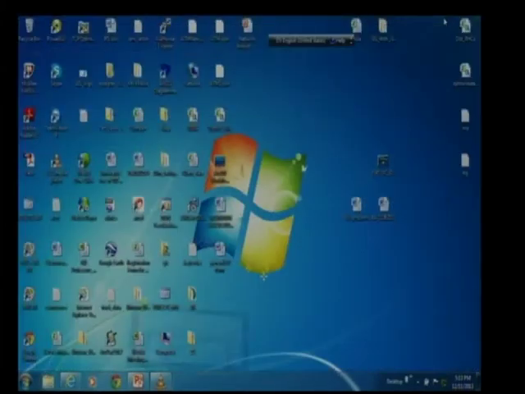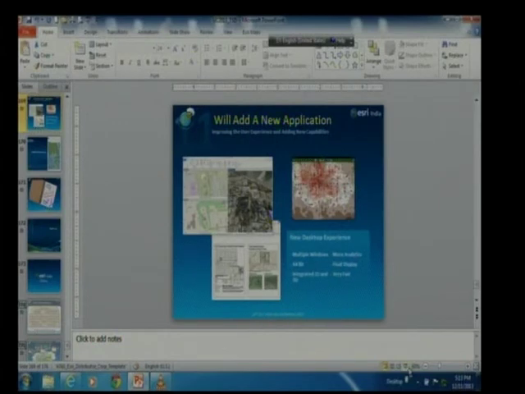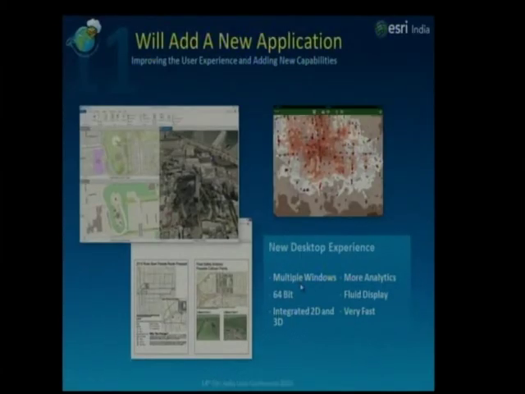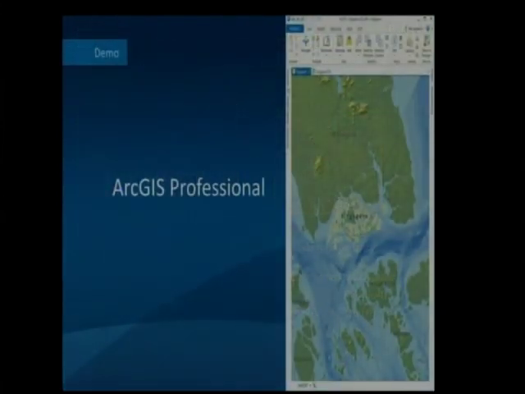That's the part, see what we are coming up with. Isn't that exciting, a 2D and a 3D window all side by side, and you're going to work on it. And that's the product we are calling ArcGIS Professional, which is going to come in and is going to reduce, wherein some of those capabilities where you want to do a quick analysis can be met. So keep your hopes alive with the E3 platform, and that's where ArcGIS Professional is all about.